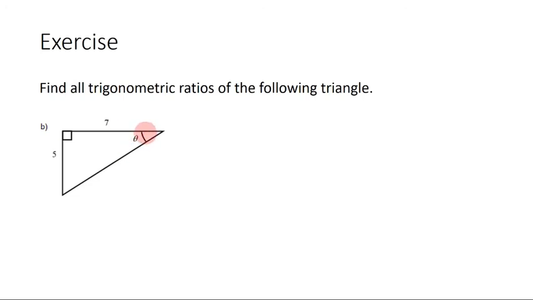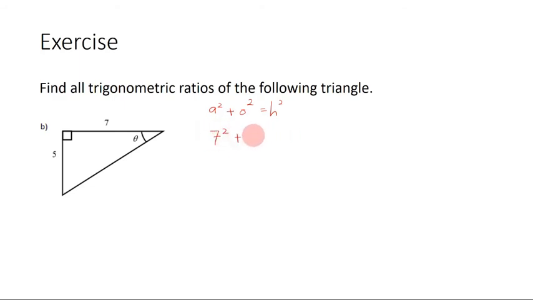So we can use the Pythagoras theorem to solve this equation. So again, writing the Pythagoras theorem, we have a squared plus o squared, which is the opposite, equal to h squared, hypotenuse. Substitute the values that we have, 7 squared